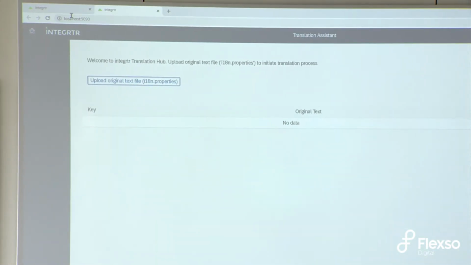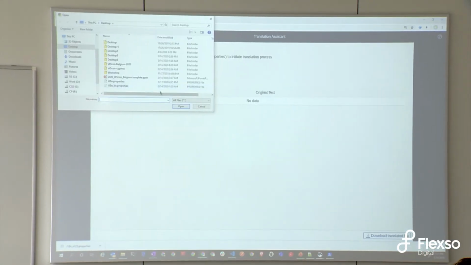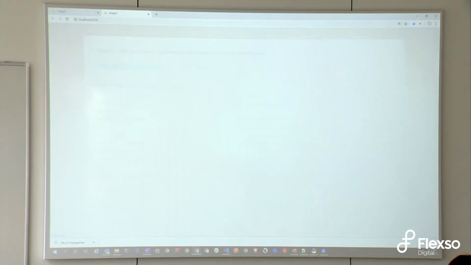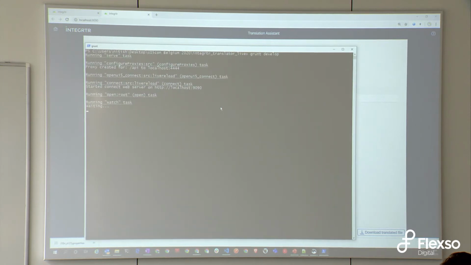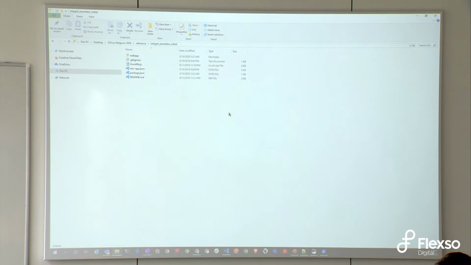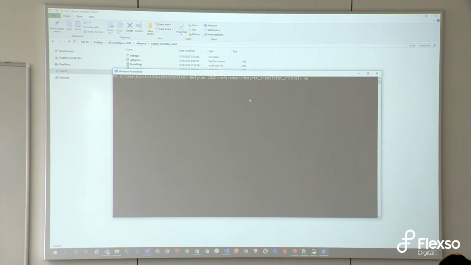Yeah, so I'm running the whole application on my local server, and it will work in the same manner as the one that I showed you on the hosted. So since we have the basic application running, what we'll try to do is maybe just open another terminal. And we'll be installing